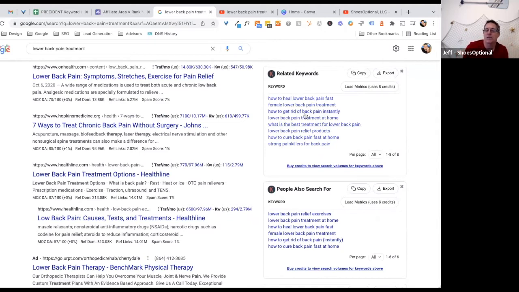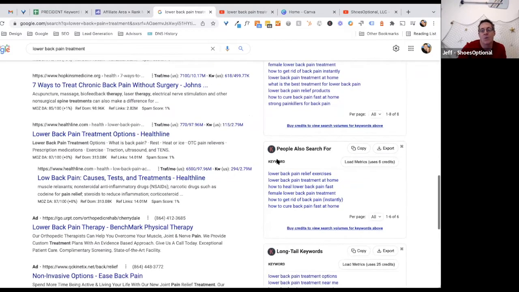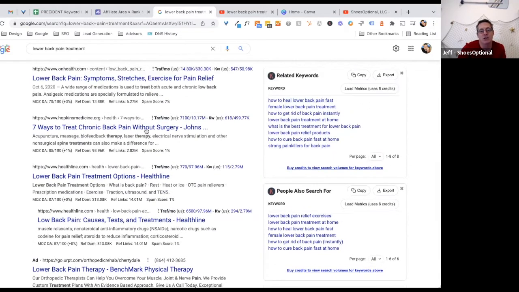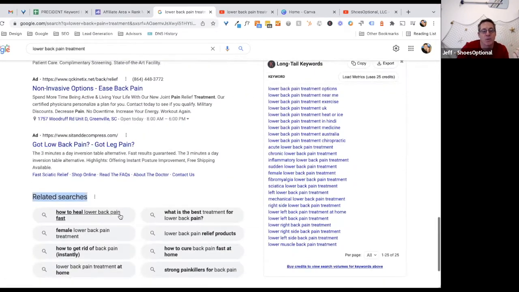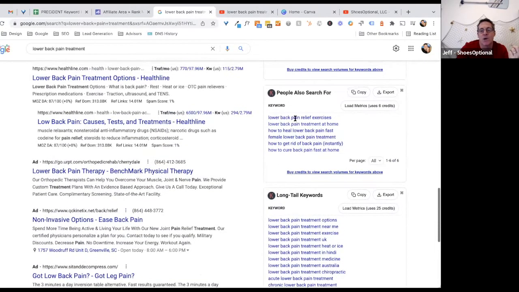And now I can put this in another tool. We're going to look at that in a second, but I could take keywords from here and quickly put them into a spreadsheet or a planning document that allows me to say, okay, here are the keywords and phrases I want to pay attention to. These are related to my exact search, but it's also saying people are also searching for. That's kind of similar to the related searches you see down here at Google, but this is actually right from